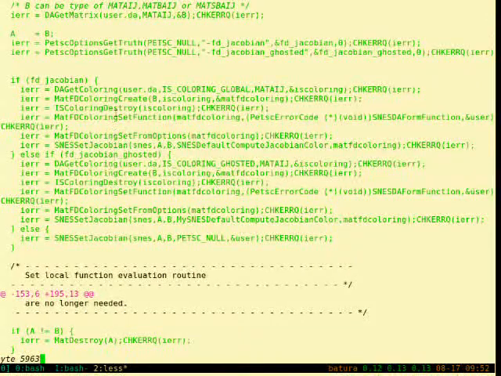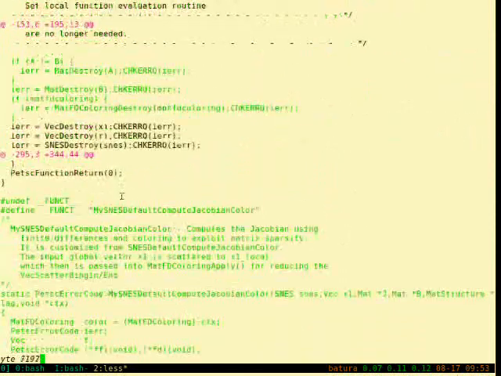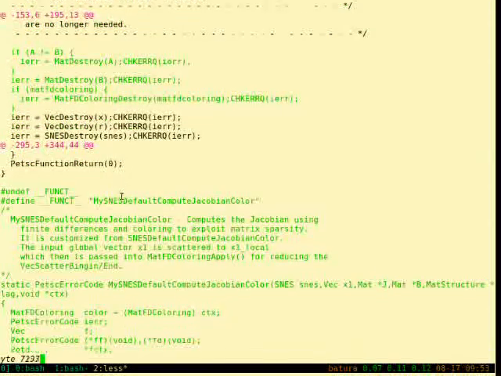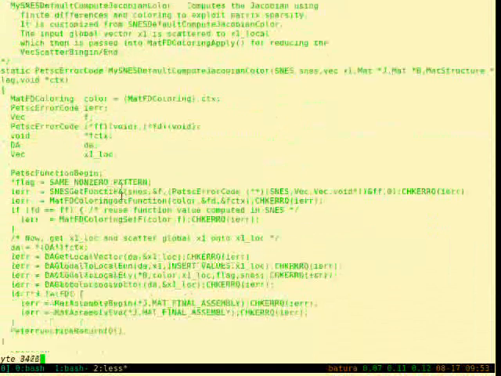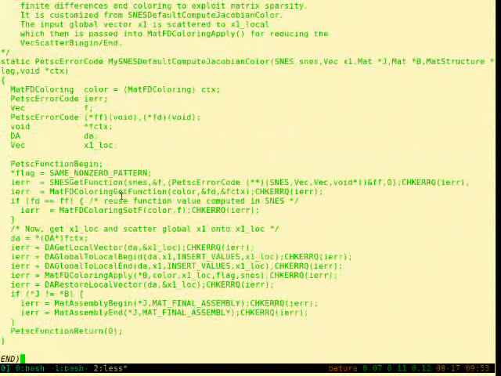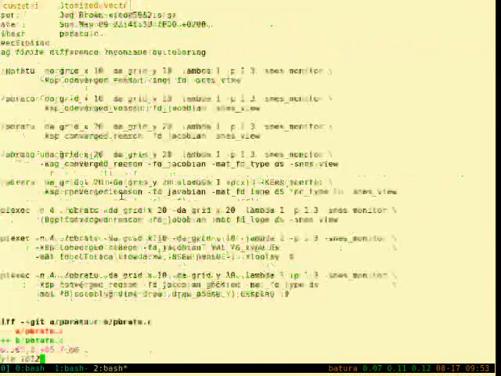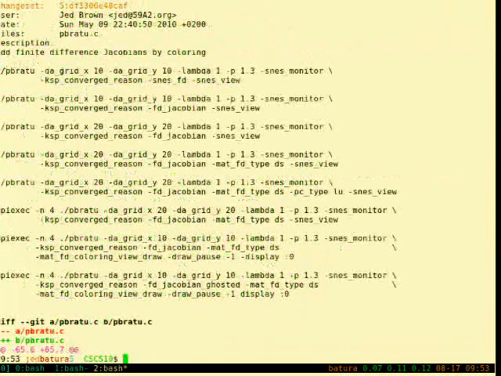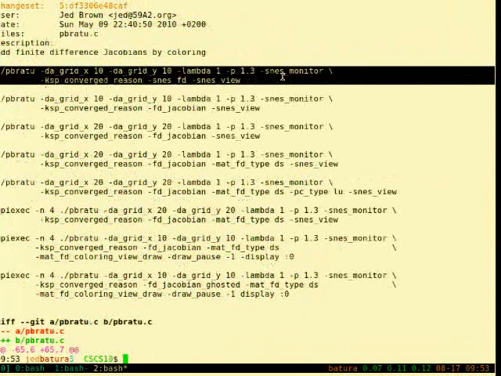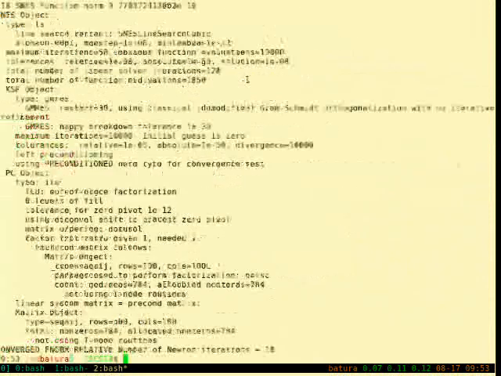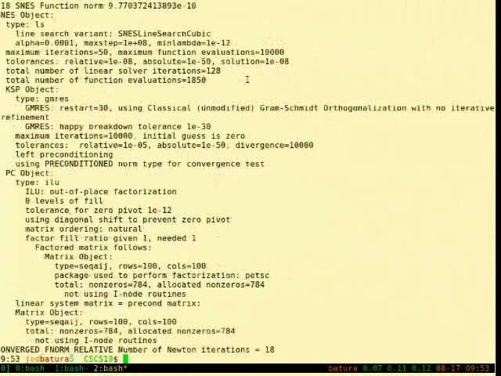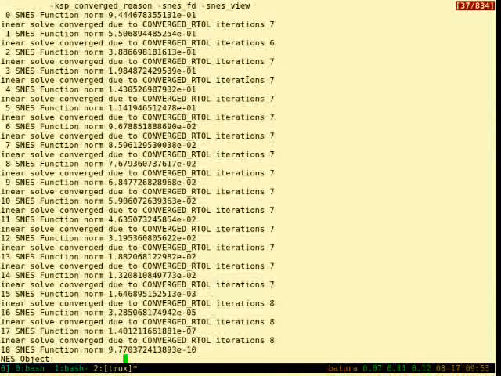These are just two different parallel semantics for how the coloring is done. This is even providing your own code for doing the coloring, although you don't have to use that. Let's take an example here.